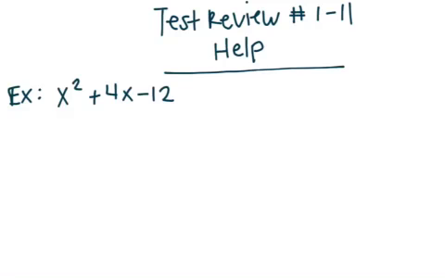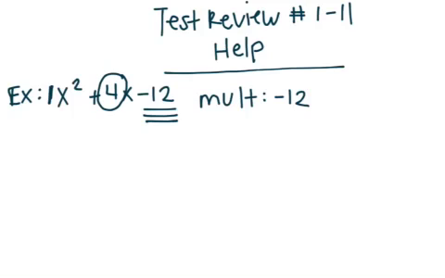The first example I'm going to show you has an A value of 1. If we don't see a number in front of x squared, then the A value is 1. So this is when you simply get to look and say what factors, what things multiply to give me my last number, which is negative 12, that add to give me my middle number, 4. So I'm looking for two numbers that multiply to give me negative 12 and add to give me a positive 4. And those two numbers are